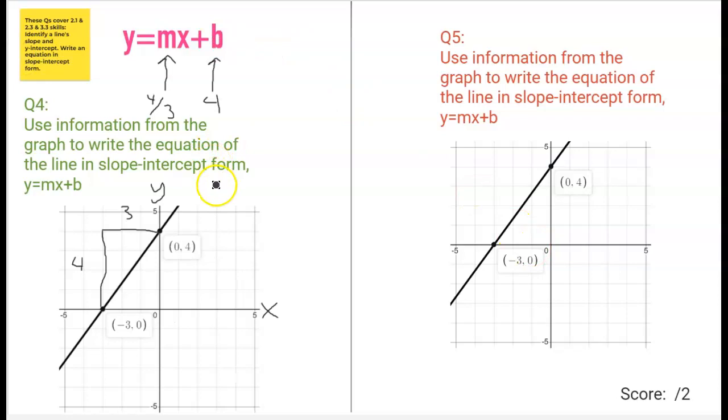So what you do to wrap up this question is you just plug these numbers in. So you'll get y equals 4/3 x plus 4. You can also type this if you want. So if you're more into typing, you can type 4/3